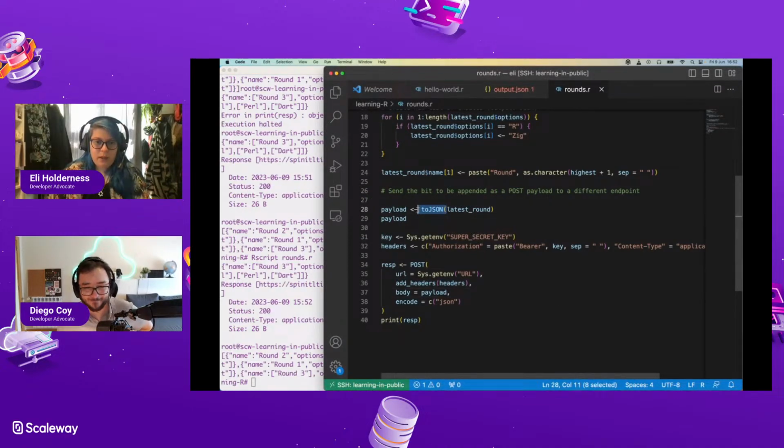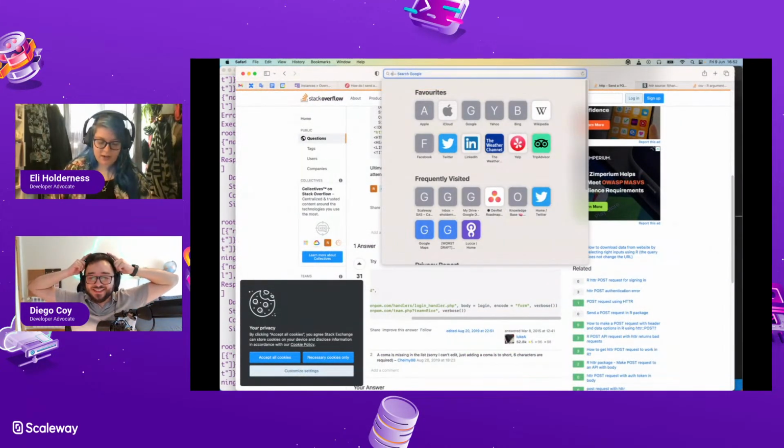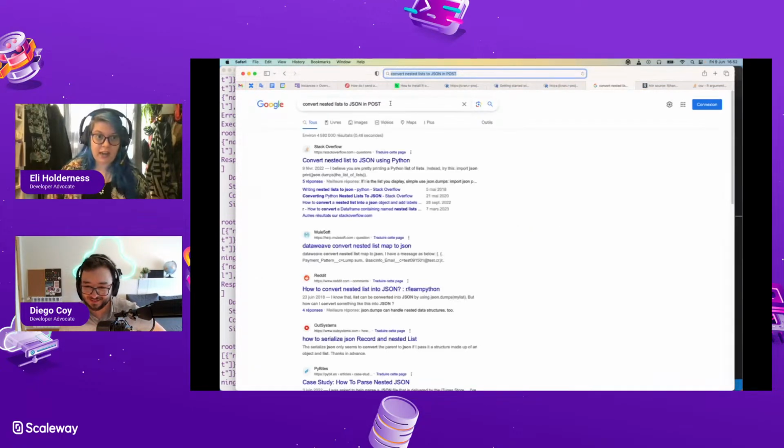So let me go back to Google: convert nested lists to JSON in POST, in R, crucially.